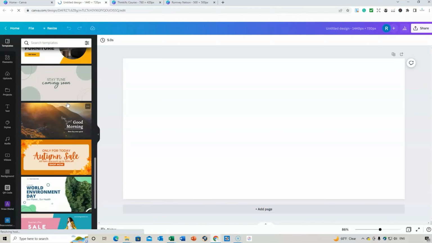Now, a Canva lesson tutorial could take up to 2 hours. So I just wanted to show you some basic features of Canva and the way that you can use Canva to create your thumbnails, your hero images, and your author profiles. And I definitely recommend, if you're wanting to do some of your own design initially, it is certainly a great investment. So hopefully that short tutorial on Canva will help you, and you can start going ahead and designing your own author profile picture as a starting point.